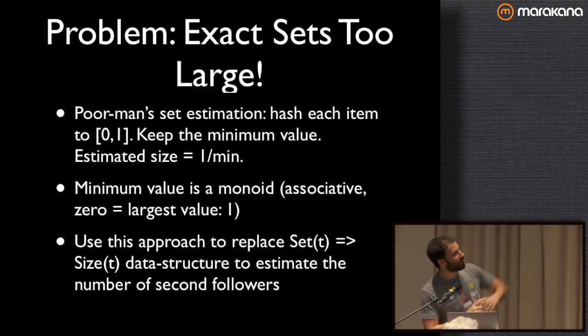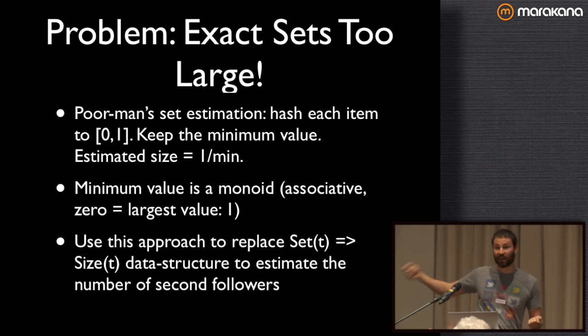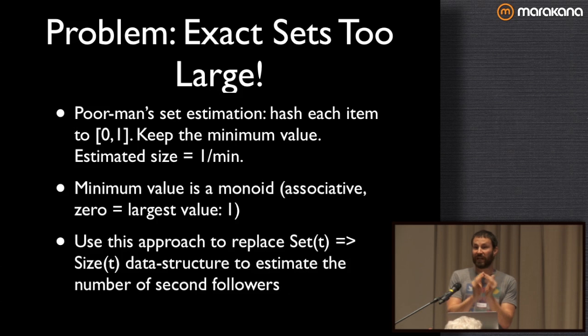So to get a feel for how minimum works to give you an approximate set size, you take each value and hash it into the interval 0 to 1. So real numbers in there, or a bunch of bits if you have more of a computer science background. And then you just keep the minimum value. Finally, after you've done this n times, the expected value of that minimum will be 1 over n, where n is the number of unique items you've seen. So if you just take the inverse of that, you've got n. Sounds pretty good. Actually, the variance of that method is too high, so you do various corrections to that, and that's